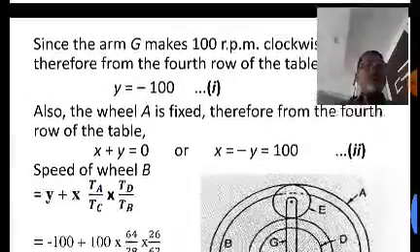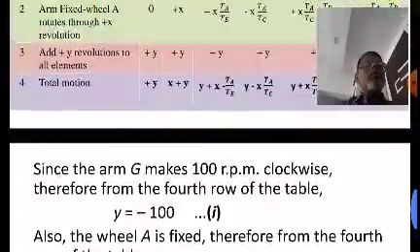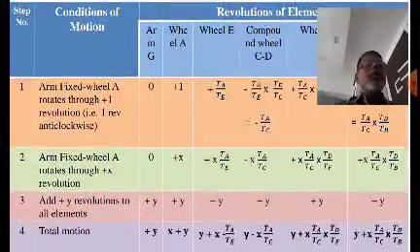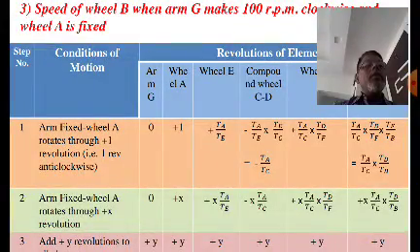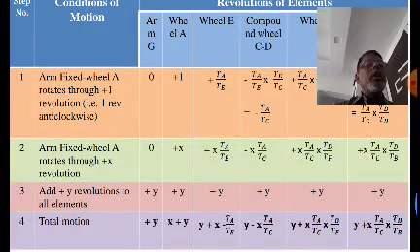Now the revolutions: first the revolution for E is TA by TE, and the revolution for C is multiplied by TE by TC, right? So TE will get cancelled, so minus TA by TC is the revolution for the gear C